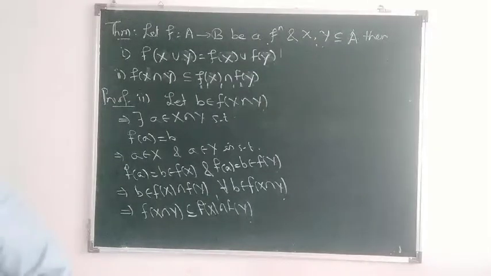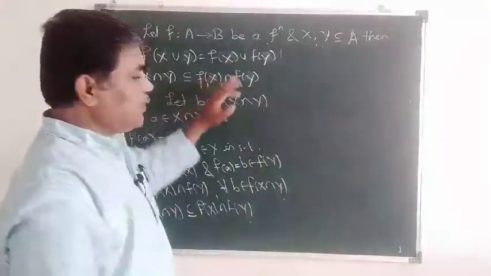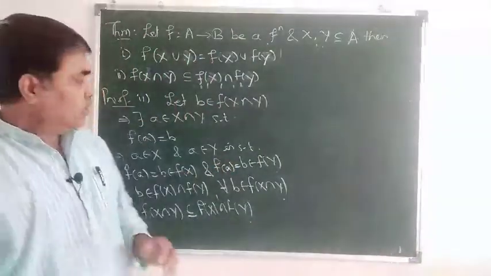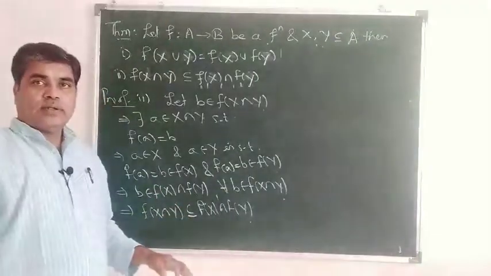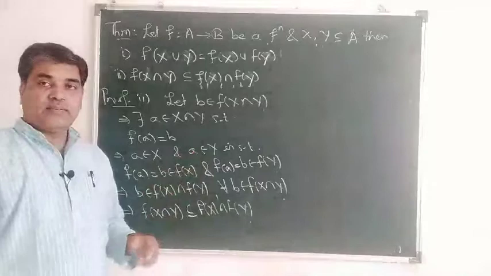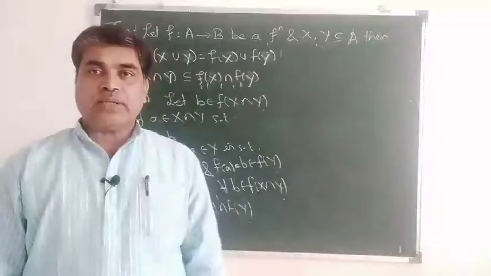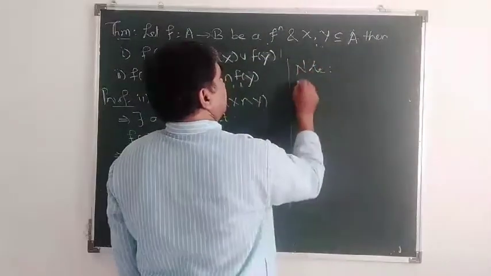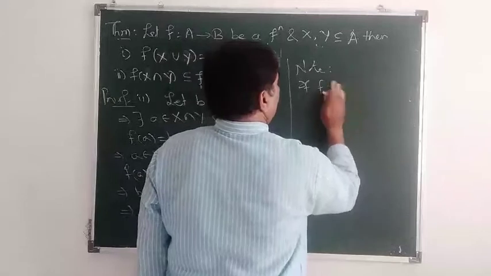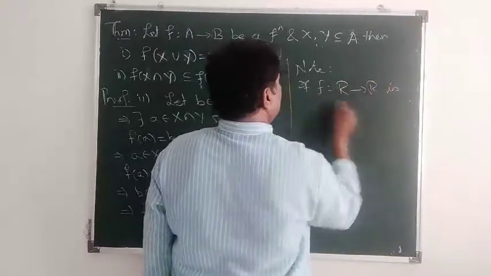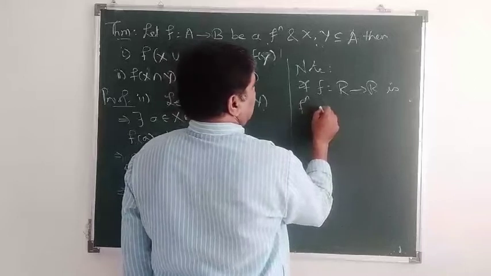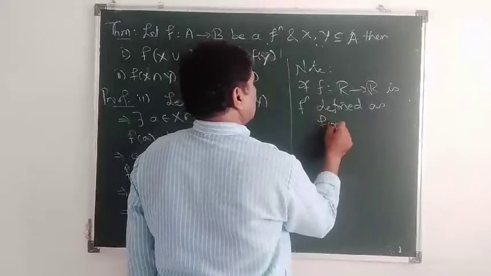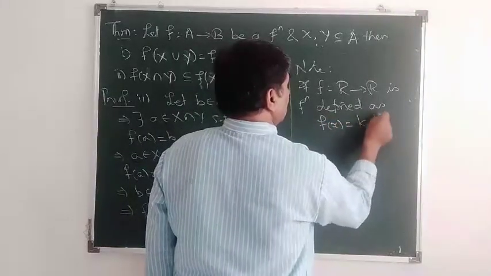For that, I have mentioned that equality holds if and only if f is 1-1 function. So, to prove equality doesn't hold, equality fails for an arbitrary function f. We have to give some counterexample. So, note, if f from R to R is a function defined as f of x is equal to k for all x belonging to R,